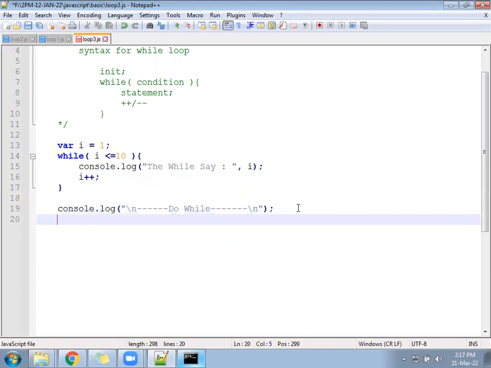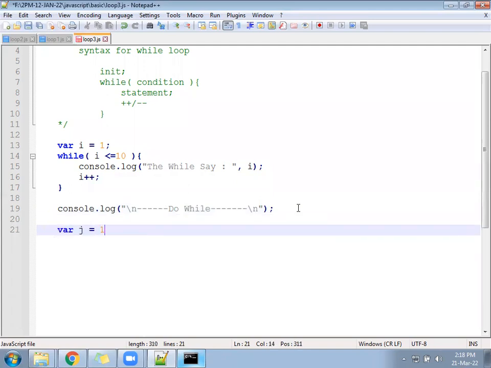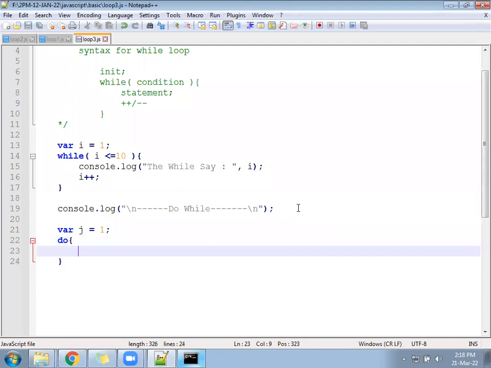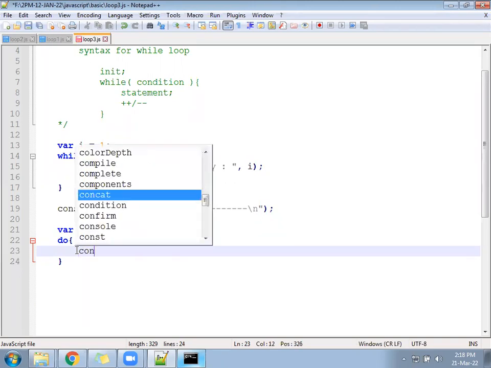Come down, write inside again a variable maybe j initialize with 1. After that you have to write the do. Under the do we need to add the statement. Suppose console.log